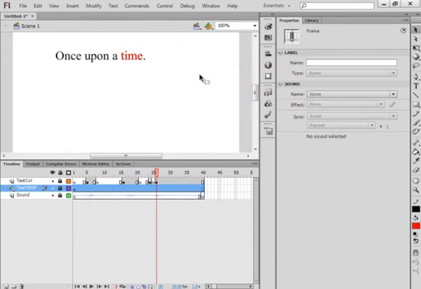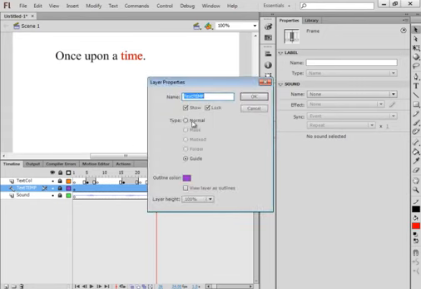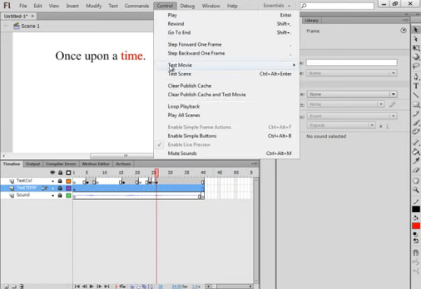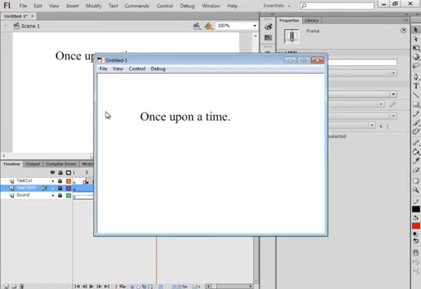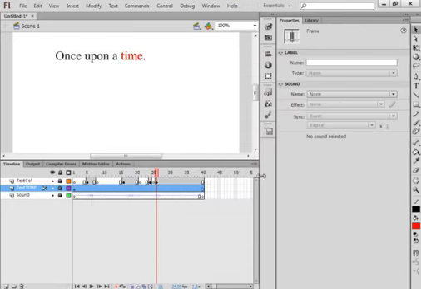Now, you might say, I want to see the text when it's not there. Then naturally you do. So if I go here, put that back to normal, and now let's test it. Once upon a time. Now you don't want to hear that over and over again, so you would select that top layer,